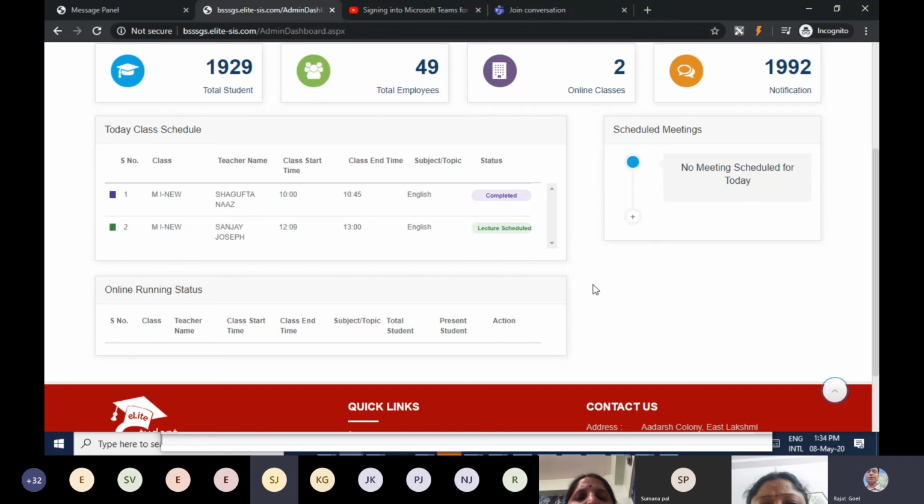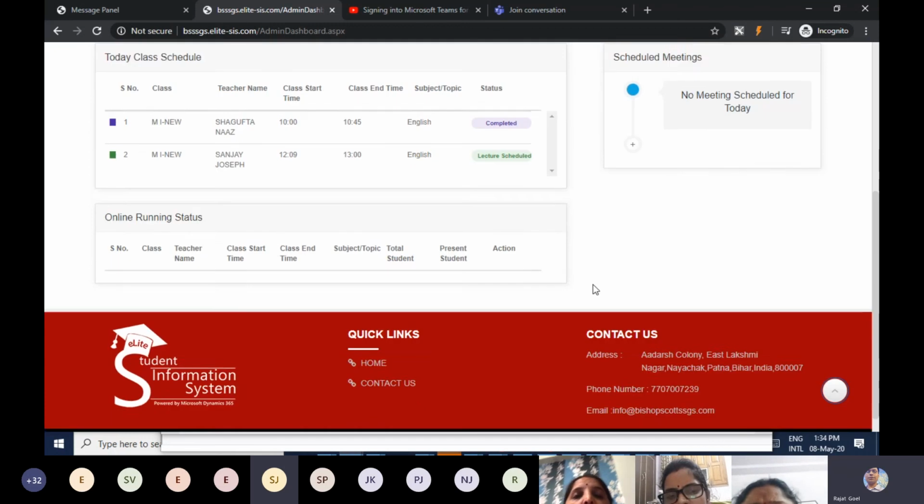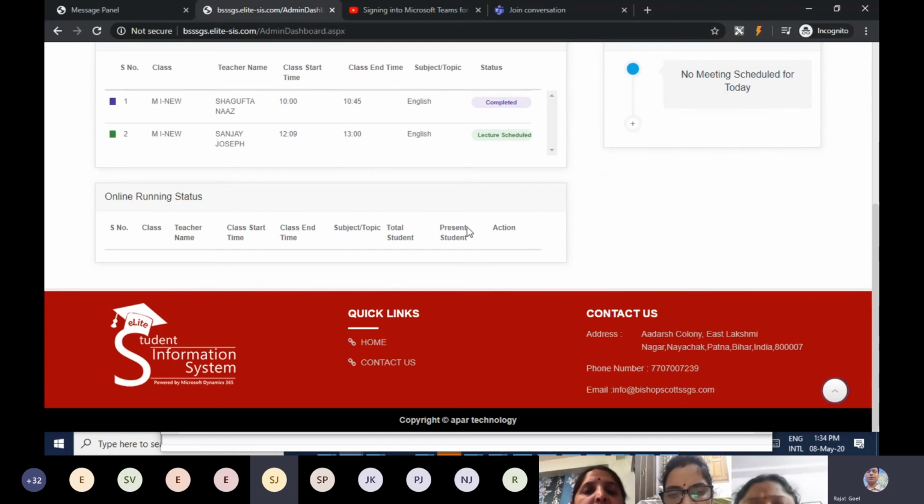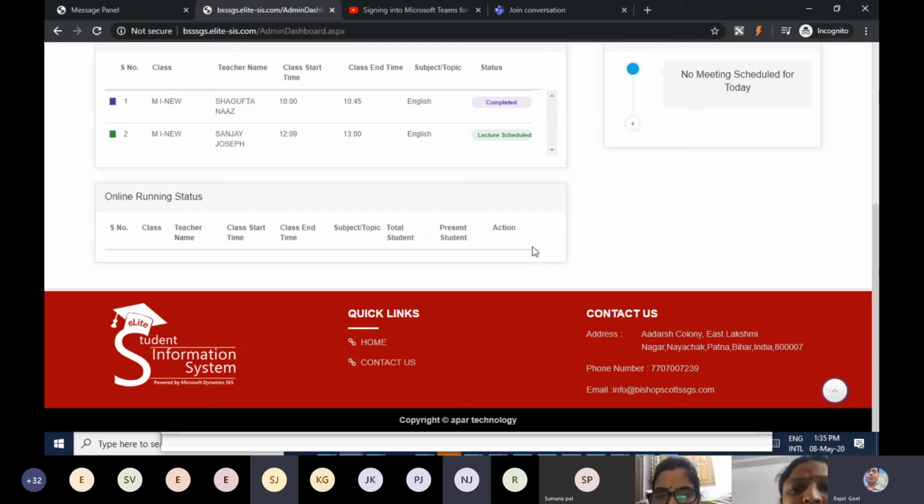But when a teacher starts a particular lecture, then that lecture comes up here, and you find a join lecture button also. The principal, vice principal, or any management authority provided with this dashboard can join that ongoing online lecture at any point of time.